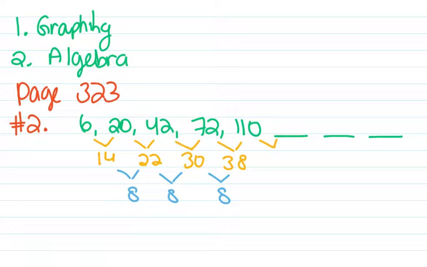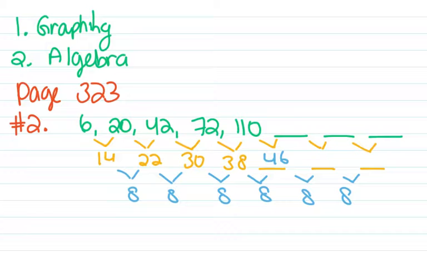I'll need to find these differences here. And then I know that these ones will be 8. So if I just keep going up by 8, so 46, 54, and 62, then I'll do